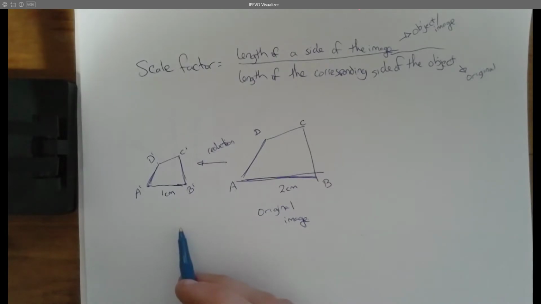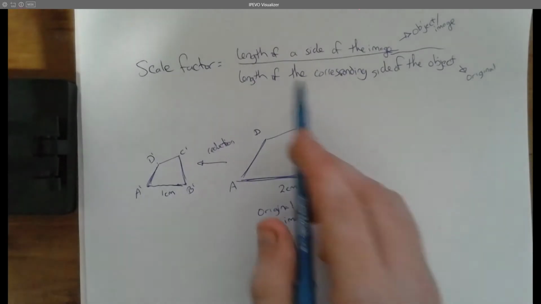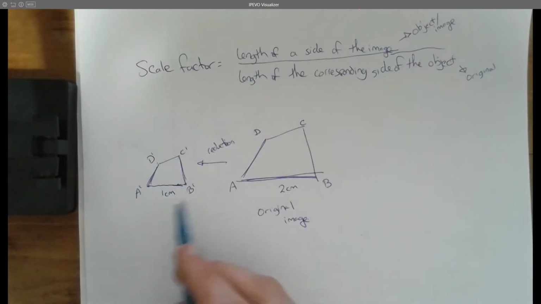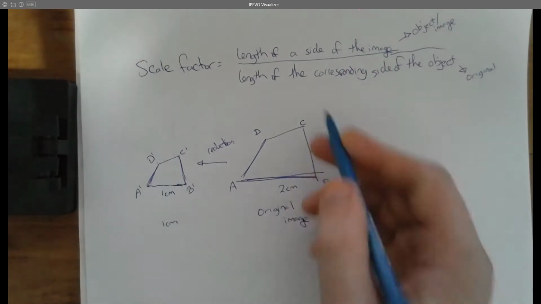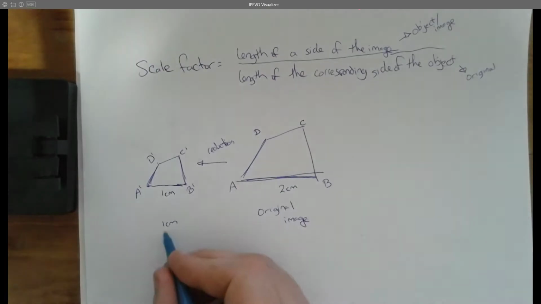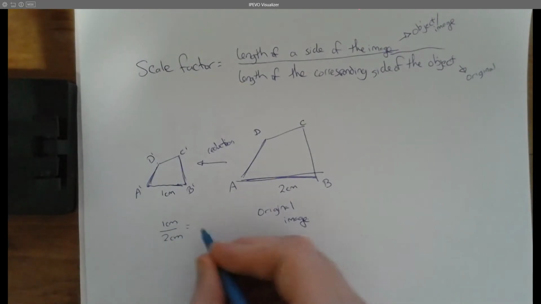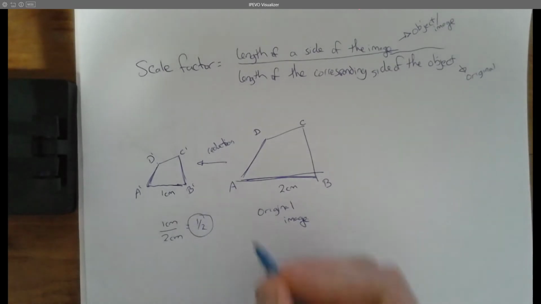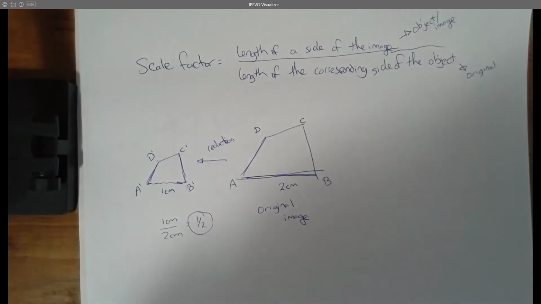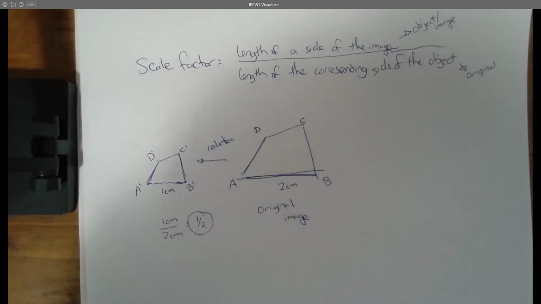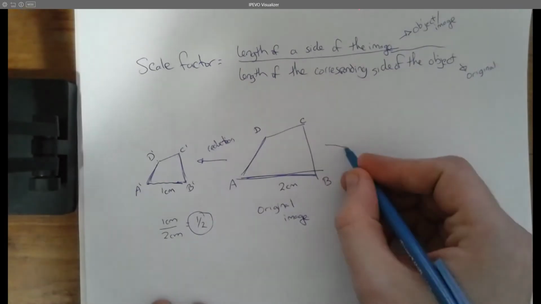And to figure out scale factor here, I'm going to take the length of the side of the image, AB, 1 centimeter, and I'm going to divide it by the length of the corresponding side, 2 centimeters over here. And if I divide them, I get 1/2, 1 over 2, or 0.5, whatever you prefer. And that's my scale factor of the reduced image. It is half the size, or it is reduced by 1/2 of the original value. If we go the other way here,